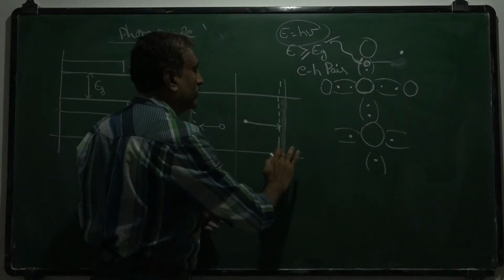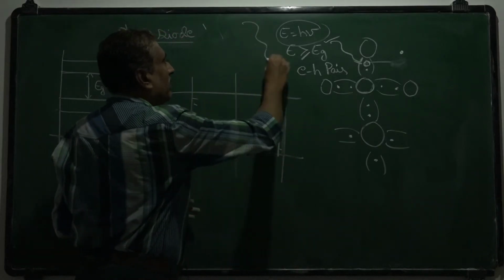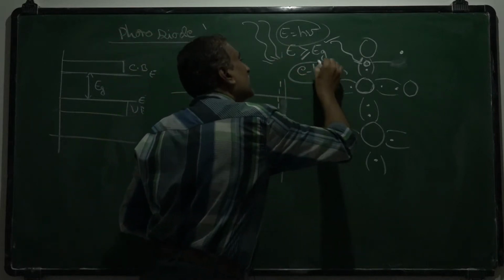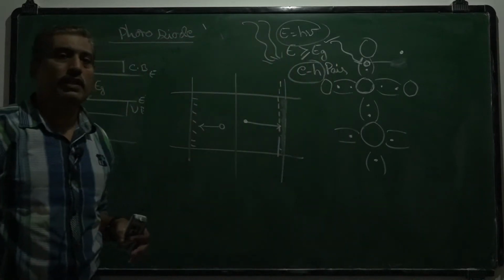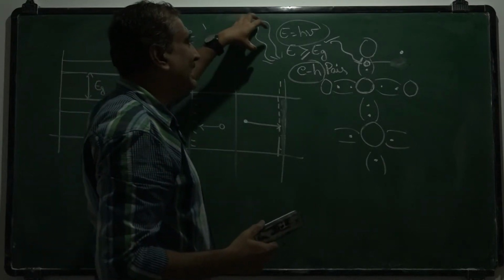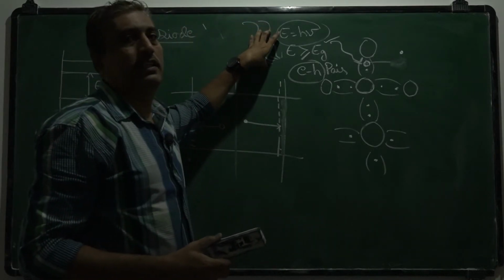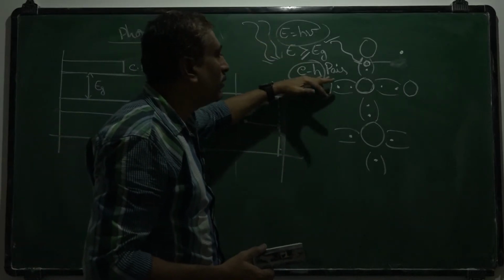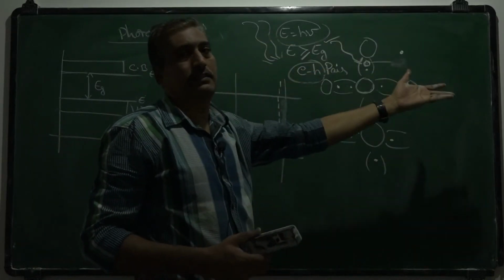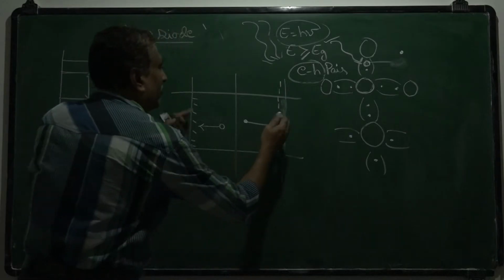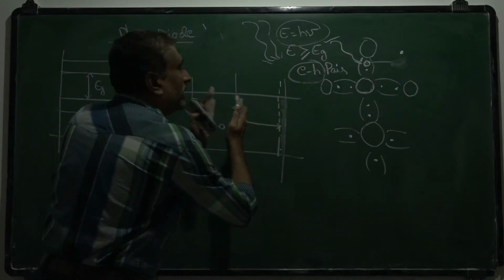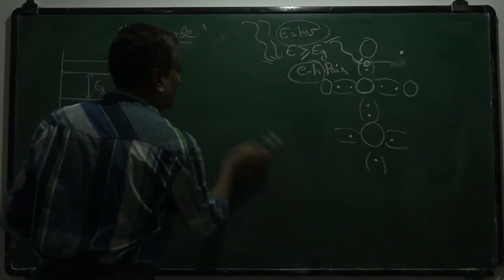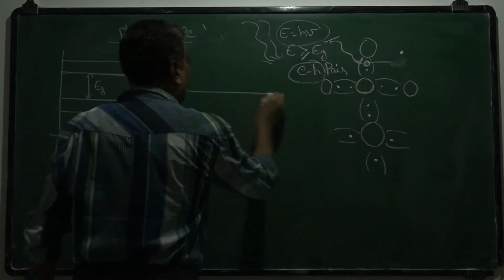Now if the number of light photons incident increases, the electron-hole pairs also increase. When the number of photons increases, that means the intensity or illumination of light increases, the number of electron-hole pairs generated increases, so the width of the depletion layer slowly decreases. So now coming to the original diagram.